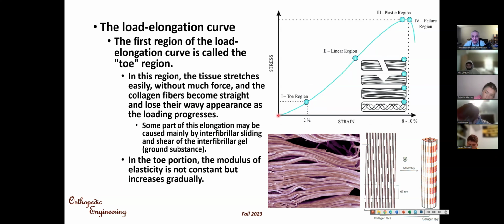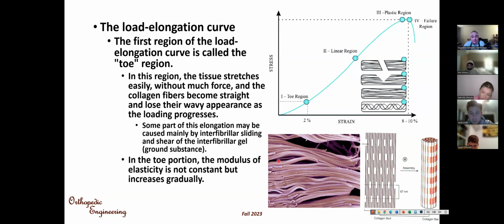When we apply tension load on tendon or ligament, I say tendon, but it is correct about the ligament. The stress strain behavior curve has such a shape. In the first region that we call toe region, the tendon stretches easily. And with a small stress, you have a large strain. This is because of these wavy arrangements of the ligaments,